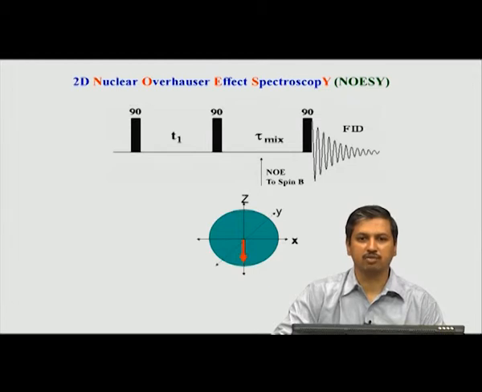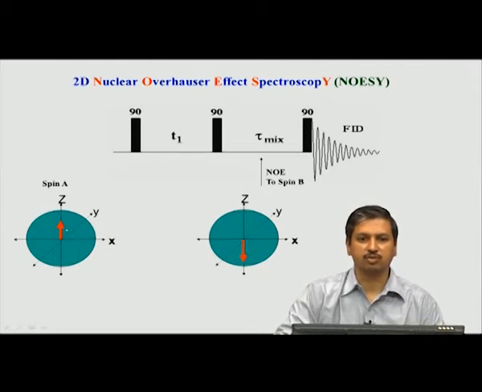You first allow just a general idea of 2D, which we have seen in the case of TOCSY and COSY also, is that you have a first period where you allow one spin to evolve in chemical shift, then use a mixing time, that is a mixing pulse, which mixes the magnetization, and then it gets transferred to the second spin. So, let us see more in detail the mathematical part of this. So, this is what is shown here by the vector diagram. This is called a vector diagram.